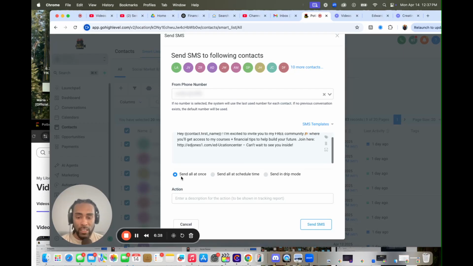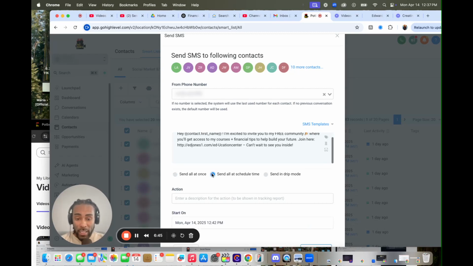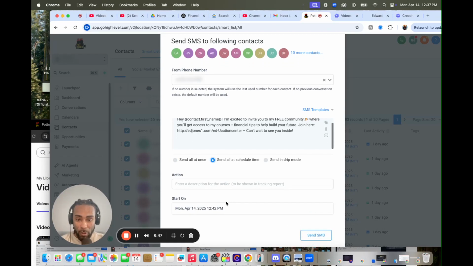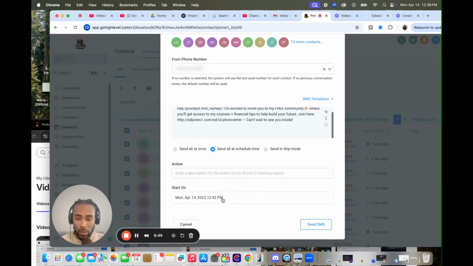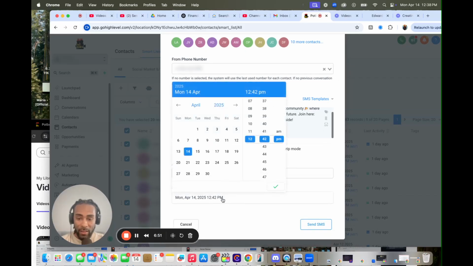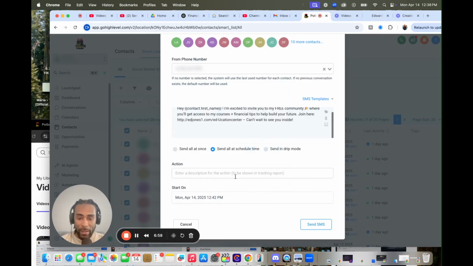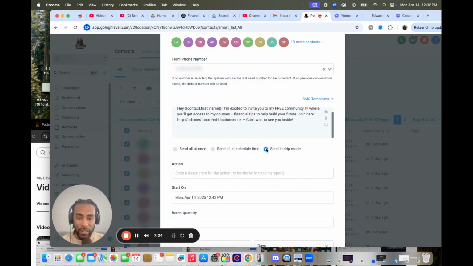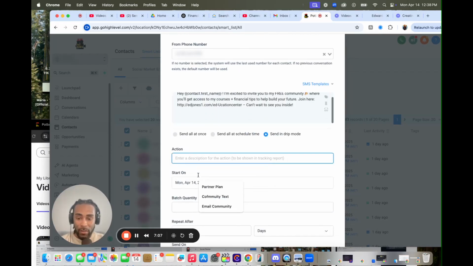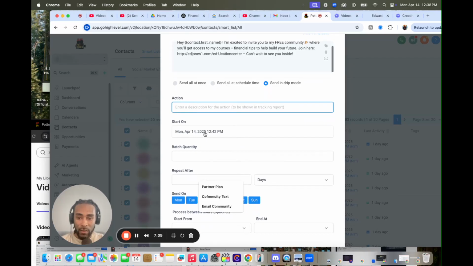What you want to do is schedule this out, or you could do a drip mode. And that's what I recommend, a drip mode. But you can schedule it out one at a time, however you want to. If you want to start it on a certain date and end it on another day or whatever time you want to put in here, you can do that. You name an action, it doesn't matter what you name it. But then you come over here to drip campaign, do the same thing, name an action,